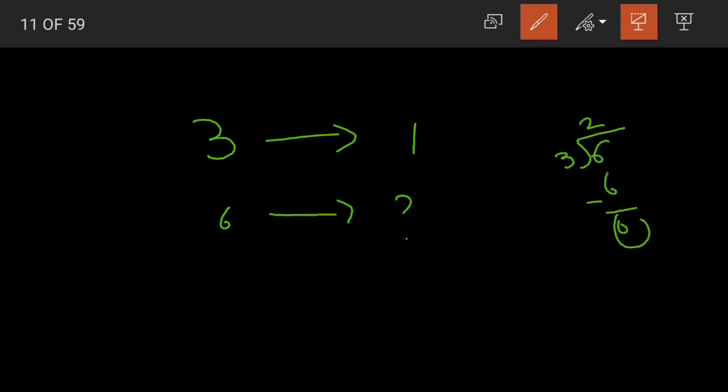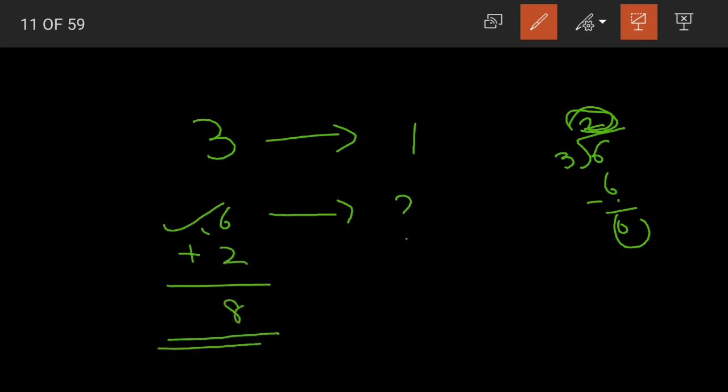What is it? For 3 we will get 1. For 6 how many will we get? We have to divide 6 by 3. 3 twos are 6. When we subtract, 0 is our remainder. So for 6 Milky Bars, we'll get 2 Milky Bars free. We already have 6, we'll get 2 free. So when we add 6 plus 2, 8 will be the total number of Milky Bars we have.